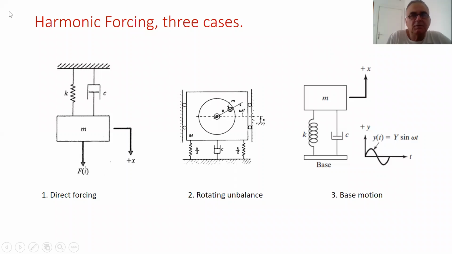Last time we said that there are three main cases of harmonic forcing on single degree of freedom systems. Last time we covered the first case, the direct forcing, in which the force directly acts on the mass, and the force is a sinusoidal force. Today we will be covering the rotating unbalance, in which there is an unbalanced force acting